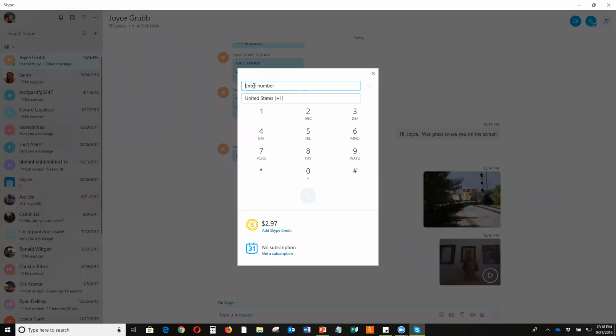I could add Skype Credit, or I could get a subscription, which is where you actually subscribe and they have different plans and you pay so much and you get so many minutes. And I could do that if I wanted to. But I told you, I'm going to show you a way to get Skype Credit without putting any money out of your pocket.